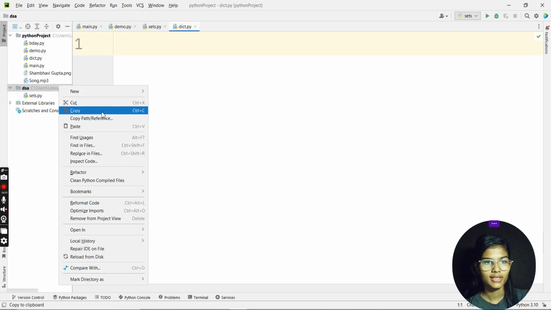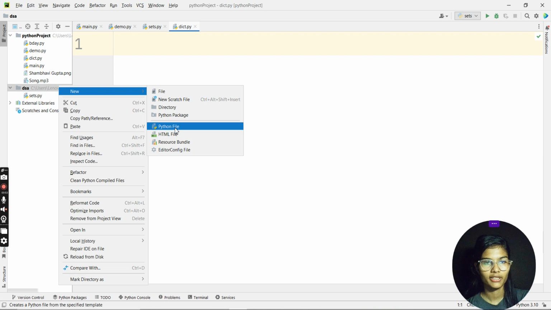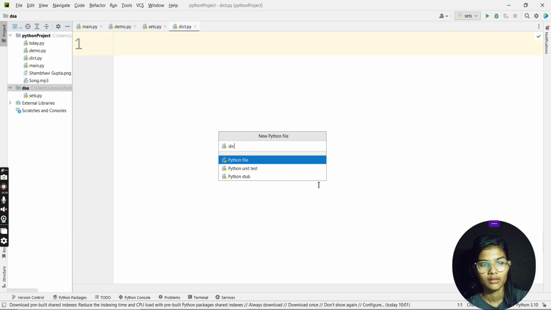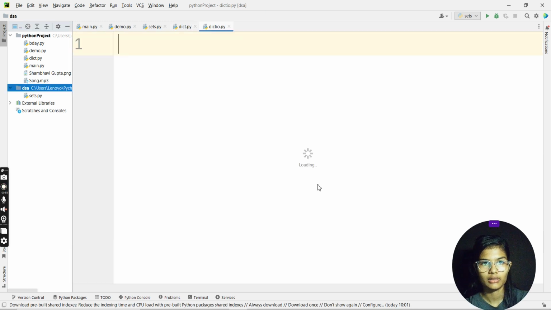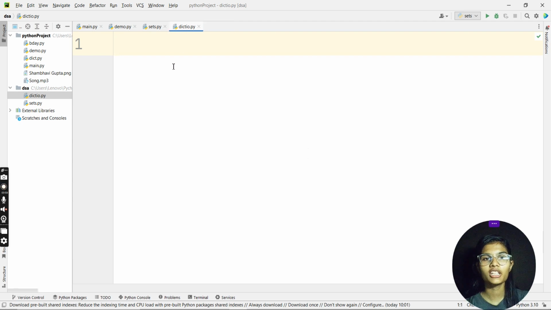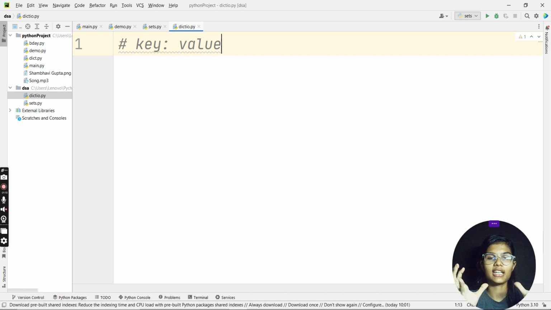I'll do one thing here. I'll just open up a Python file for now. Fine. Now, if we're talking about what dictionaries are, I am sure many of you might be aware of them, because this is one of the most common data types we have in the Python programming language, right? So dictionaries are always, I would say, a pair of a key and a value.